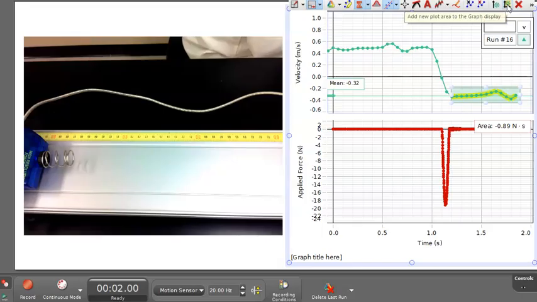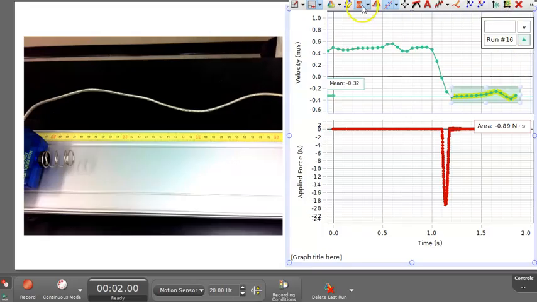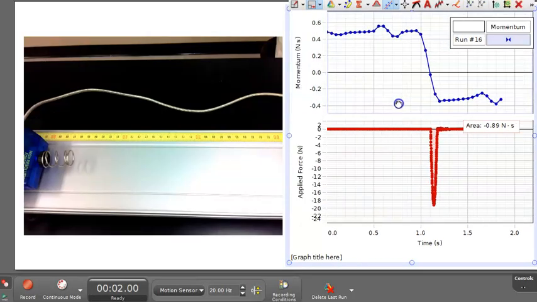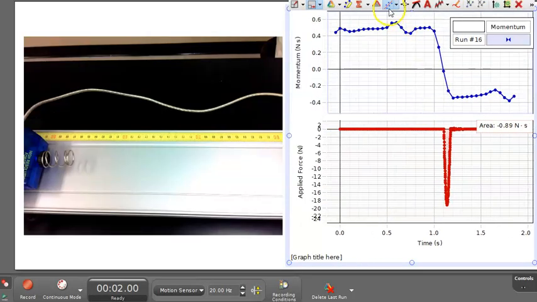4932 is 0.91. We see we had an area of 0.89. Works out pretty nicely. Now here's where I really like using this software, because now I can just go ahead and graph momentum, and we see what the momentum is. The momentum going into the collision was,